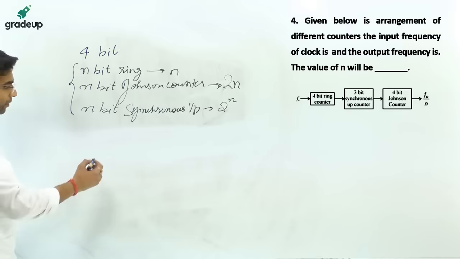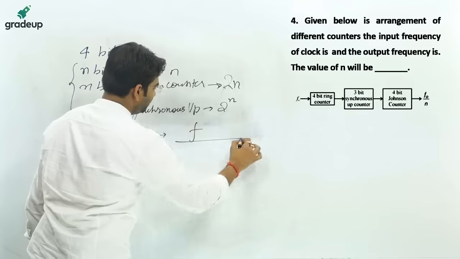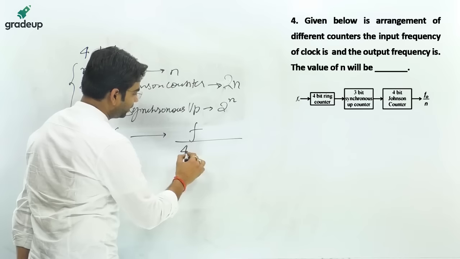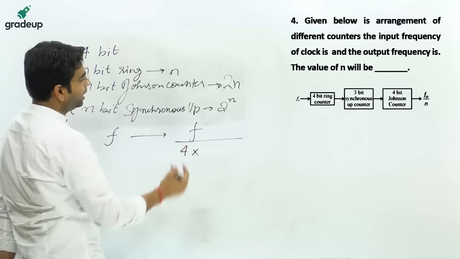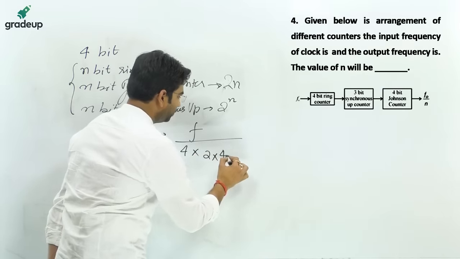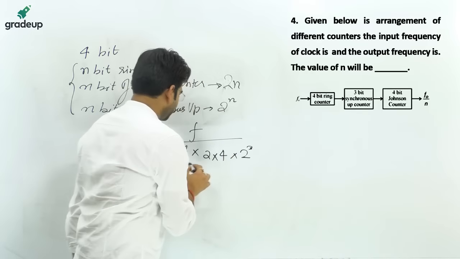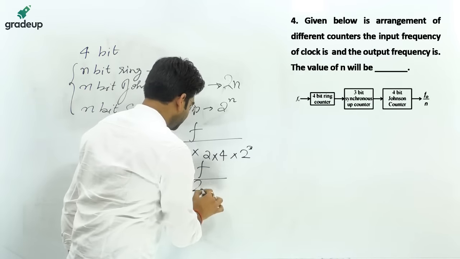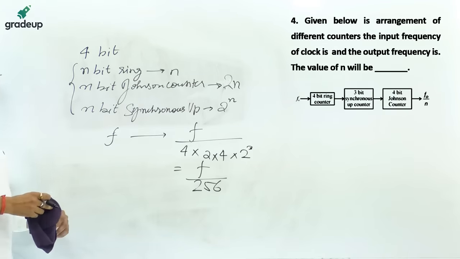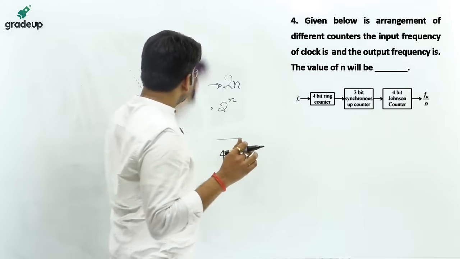So what will be the f? F will be the output which is appearing upon what is 4-bit ring counter. Stages will be n. 4-bit Johnson also, so it will be 2 into 4. 3-bit synchronous counter, so it will be 2 raised to the power 3. And the answer which you will be getting is 256. Correct answer. Yes, Rito, the answer is correct. So in the next